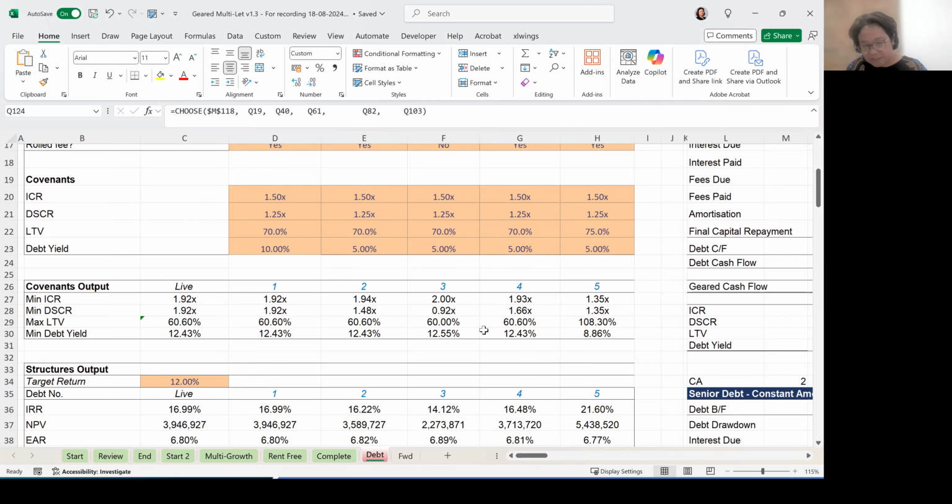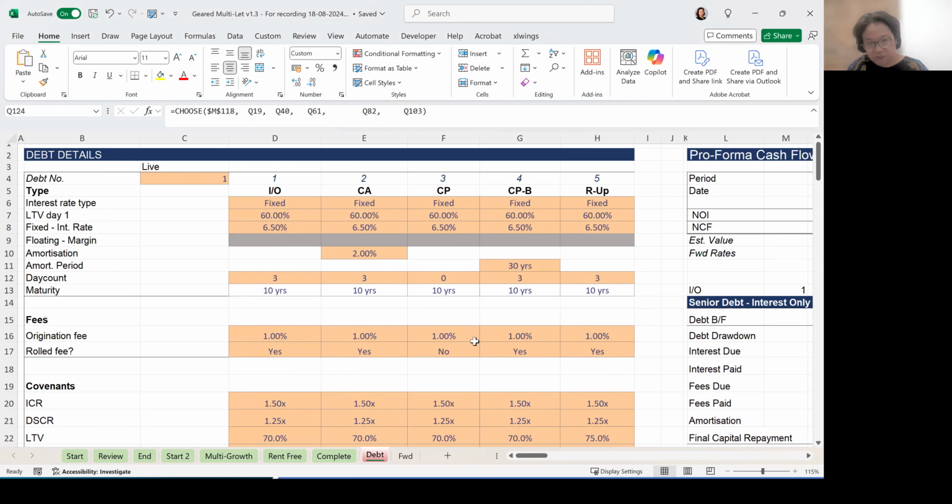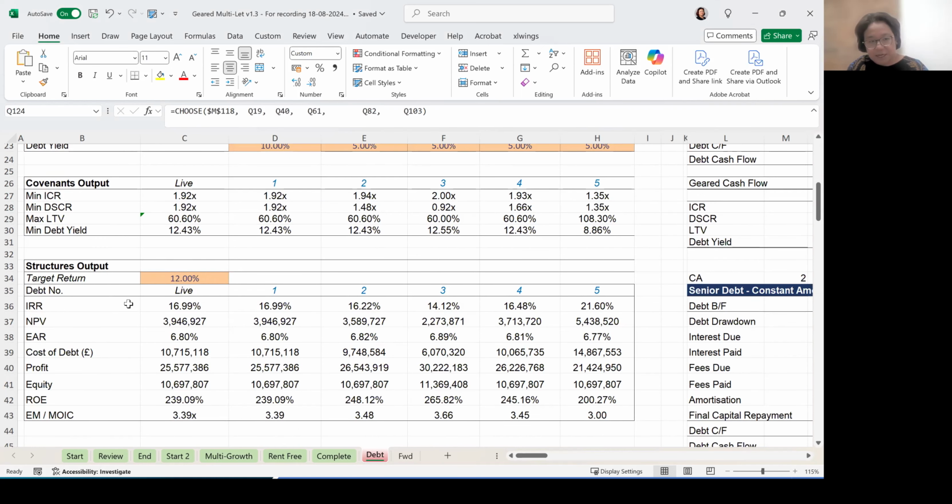So they can be different scenarios as well: interest only, constant amortization, bullet payments, and then the structure's output, like how your development or your investment is going to turn out. This is not a development, this is already an income producing asset. But then what is going to be the IRR and PV and so forth once you start adding debt, and at what kind of level of debt you're going to add